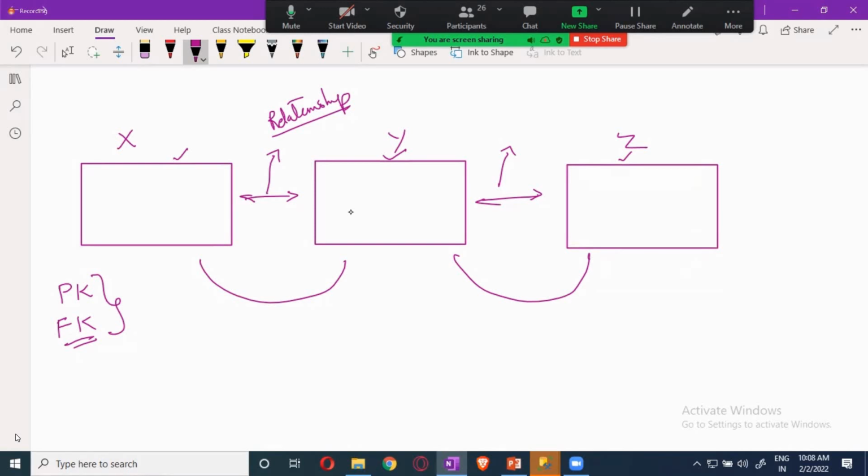That is called establishing the relationship. Now, people usually think that to apply joins you should have a relationship between the tables, but it is not required.